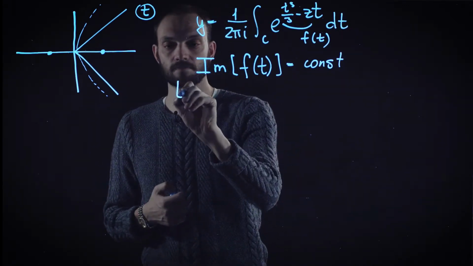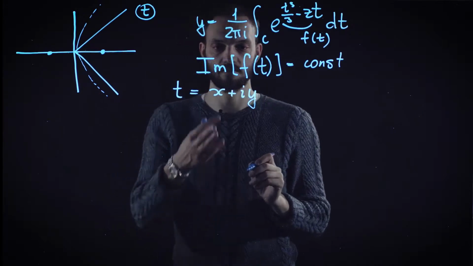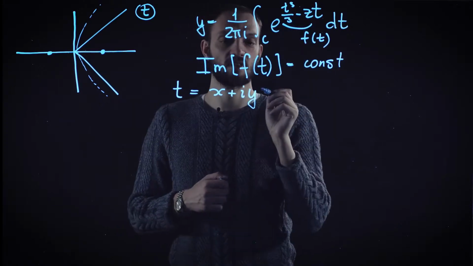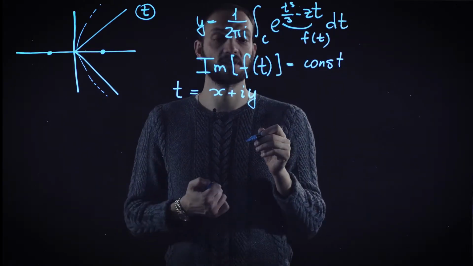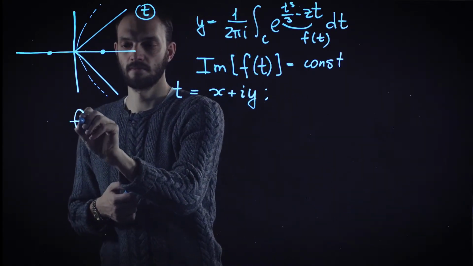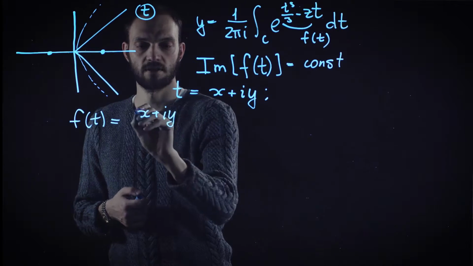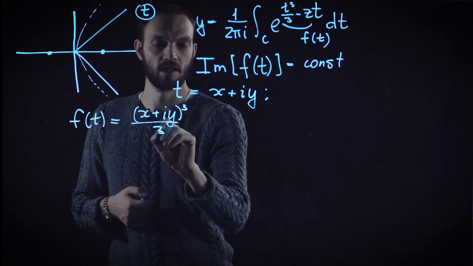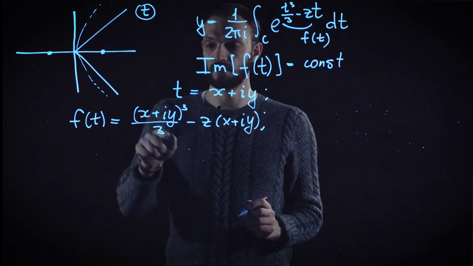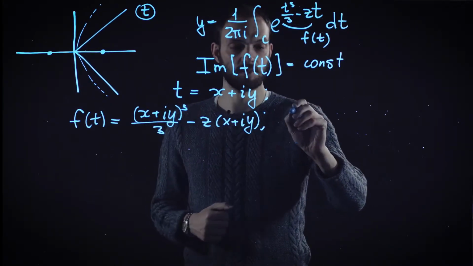So let us write t equals x plus iy. That is what we have just done: we separated explicitly the real and imaginary parts of t, and substituted into the expression in the exponential, and for a second we will assume that z is real. So what happens with f of t is the following. This f of t becomes (x plus iy) cubed minus z (x plus iy). Let us now evaluate the imaginary part of this expression. So let us first write it a bit more explicitly.